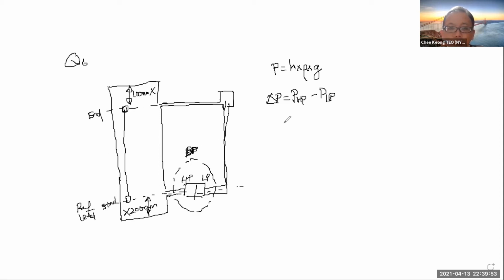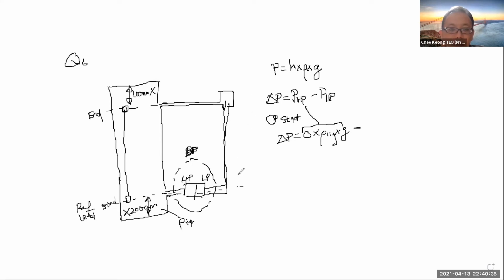Now, if there's pressure at the start, what should be the high pressure leg? That means the liquid is only filled up to here, right? So what is your delta pressure for this guy? At the start, of course, there is zero height, right? So it will be 0 times the density of this liquid, rho liquid, times gravitational pull, right? So this is your P high. Now minus the low